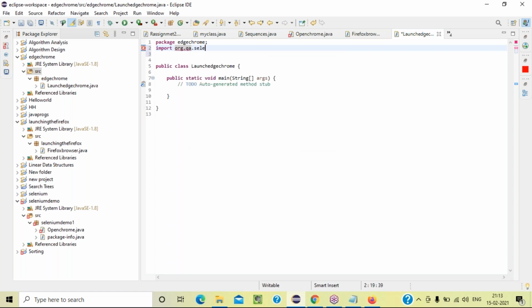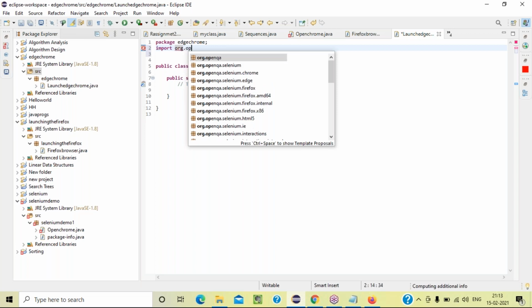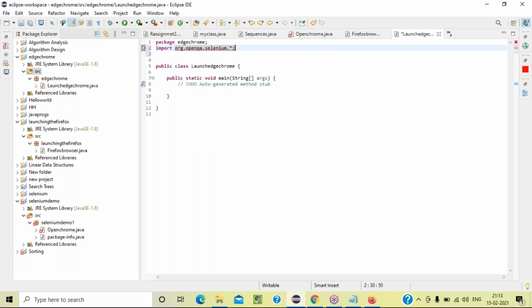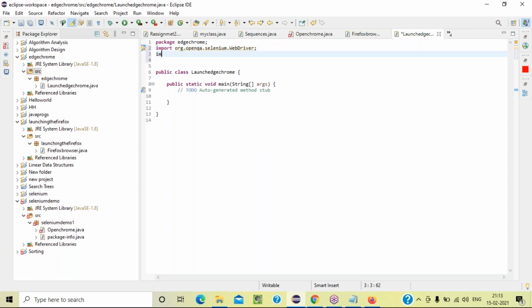Remove that line. org.openqa.selenium.WebDriver. Just two lines, right? And use Control+Space, and it will come automatically.